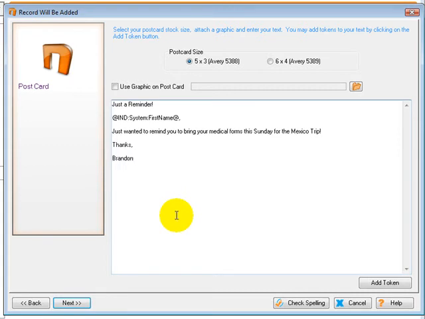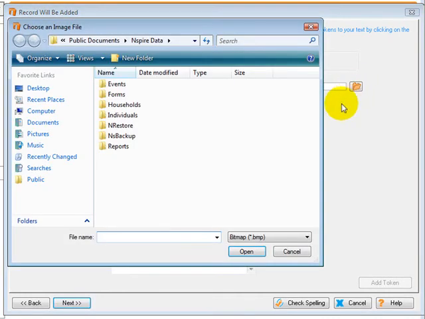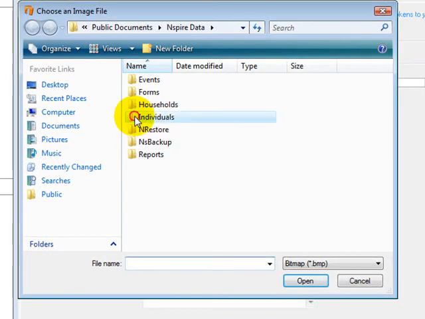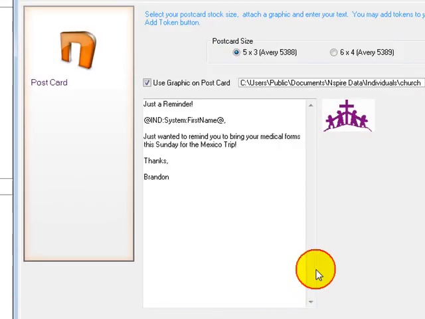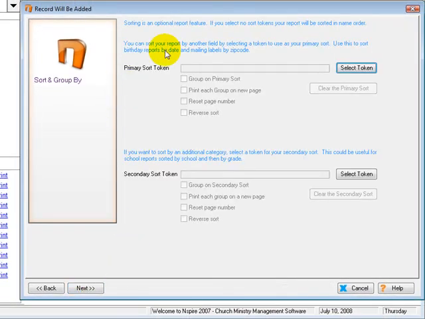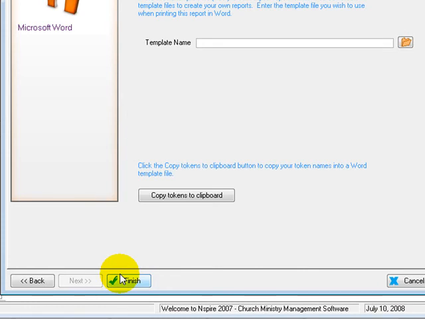So now that I've filled out this information, I can also include a graphic if I'd like, just by checking the box next to that and then telling the software where the graphic is actually located. I could even go in and choose a picture if I'd like to, and click Open, and it puts that next to it. I can then click Next, and if I want to do a sort on this, if I have a large number of postcards going out, I can do that as well. I can also sort it by a secondary token, which would subsort it under the main sort. Next, one more time, I'm not going to be printing this in Microsoft Word, so I'll click on Finish, and